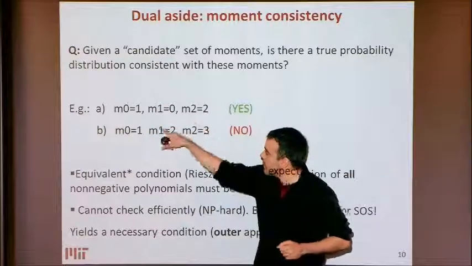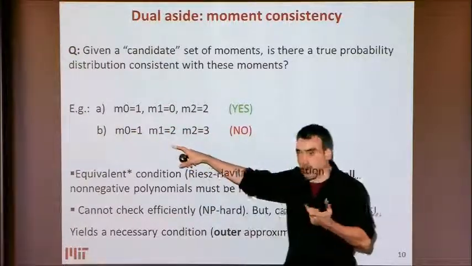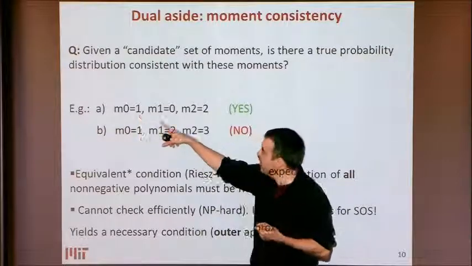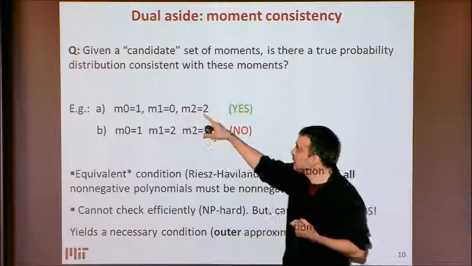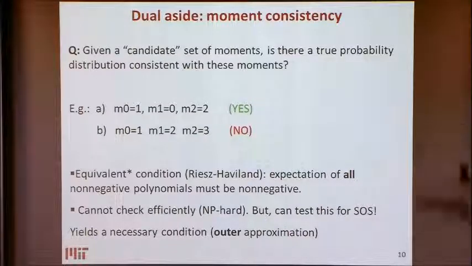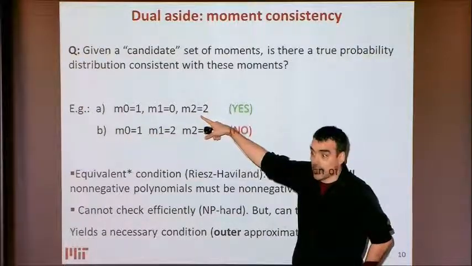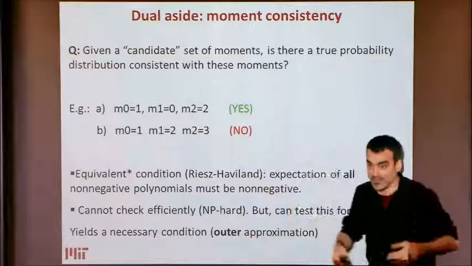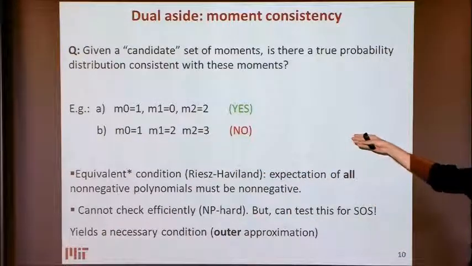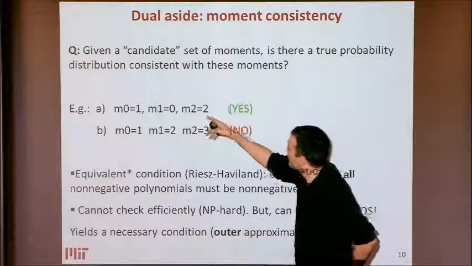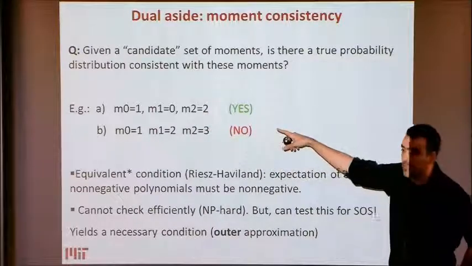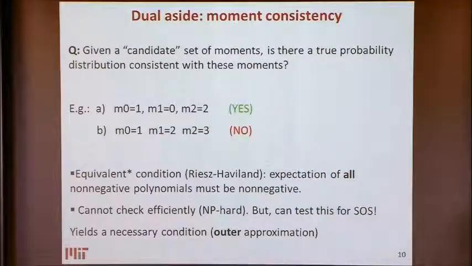Right? So for instance, in this case, I may be interested in knowing if there's a probability distribution whose zeroth moment is 1, first moment equal to 0, mean equal to 0, and second moment equal to 2. And of course, the answer in that case is that there is one. What's an example? So this is just a normalization condition. This is zero mean. And I want variance equal to 2, so just pick a Gaussian, whatever. You pick square root of 2 times the standard Gaussian, and I know that there's a density which is consistent with those moments.